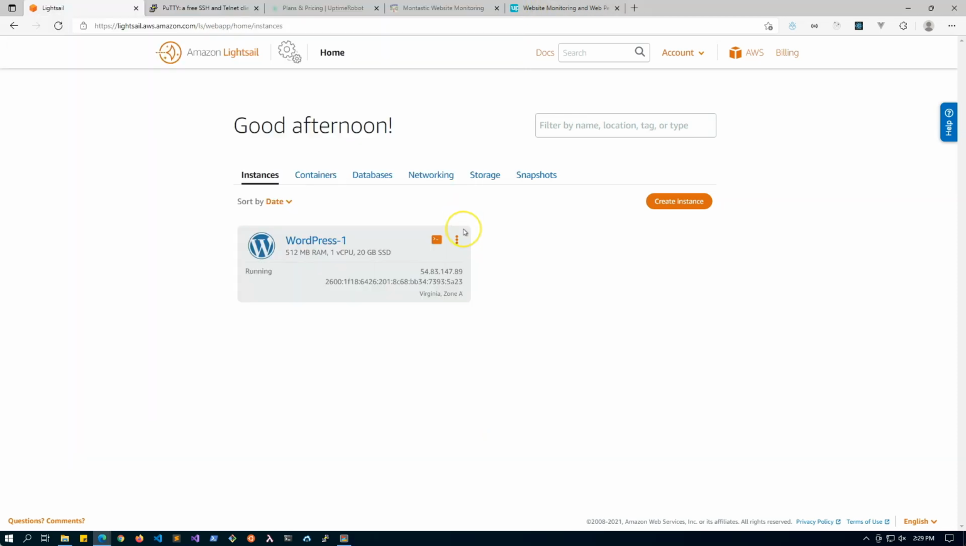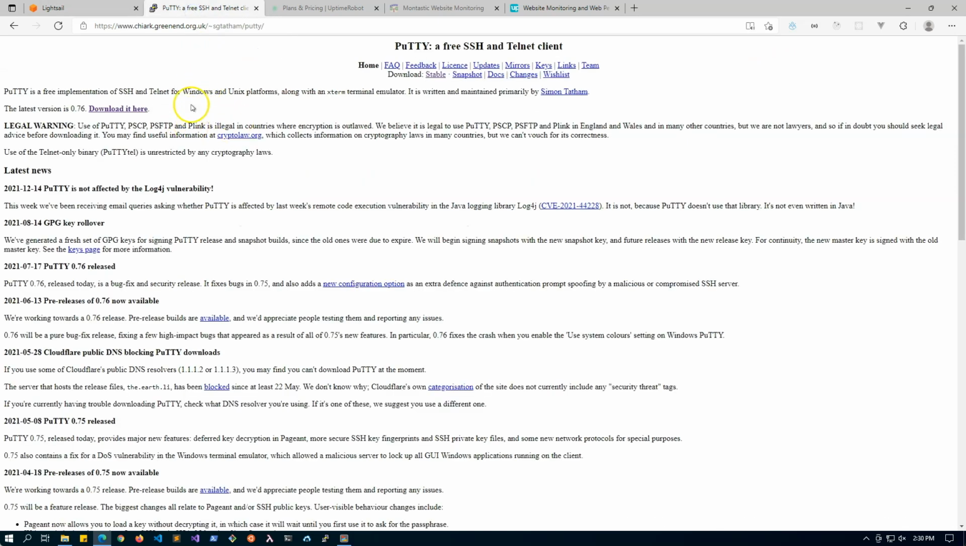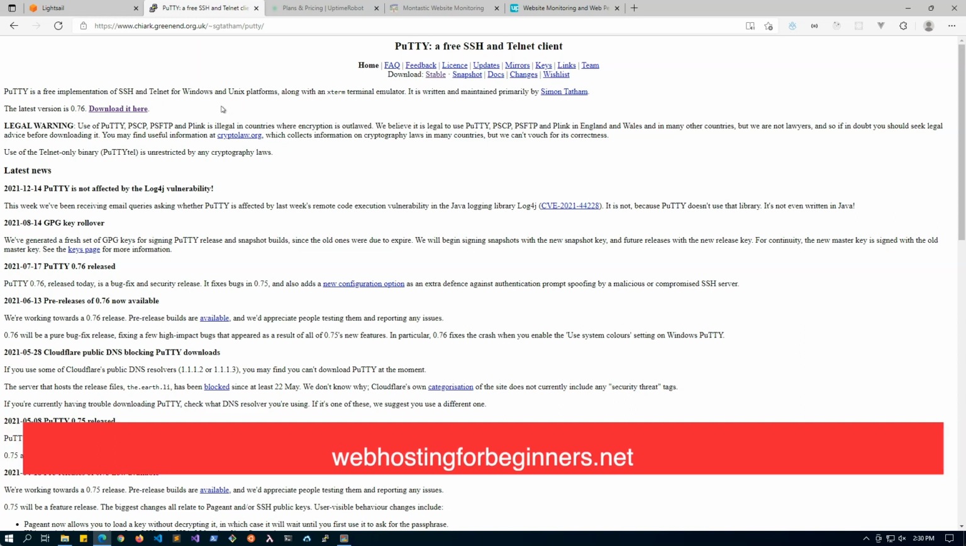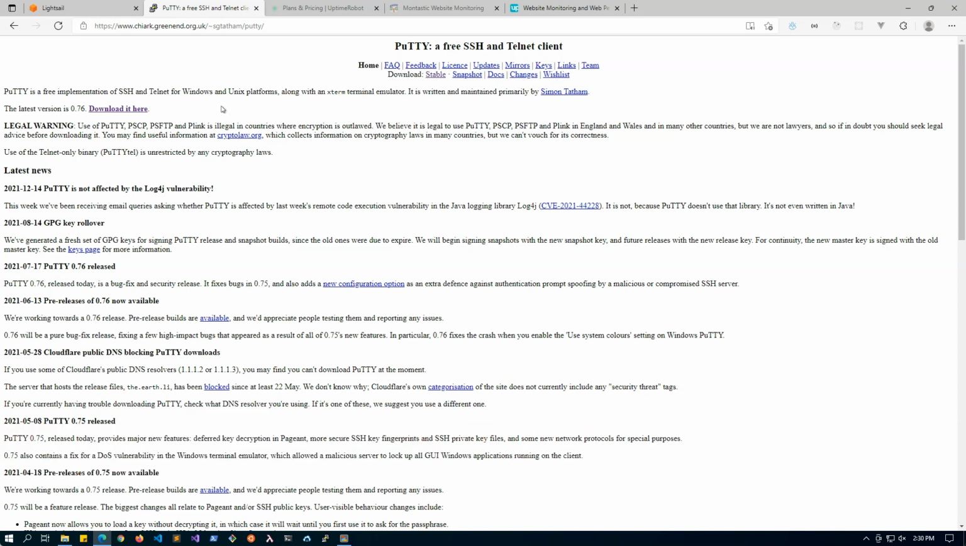But if you want to have a locally installed client on your computer, then that's what we're going to do next. The first tool that I want to show you is Putty. What you'll want to do is install Putty, and this one is only for Windows and Unix platforms. So if you're on a Mac, then you might want to look at CyberDuck or Termius. There is a port of Putty made for the Mac, and I will put a link to that on my website,